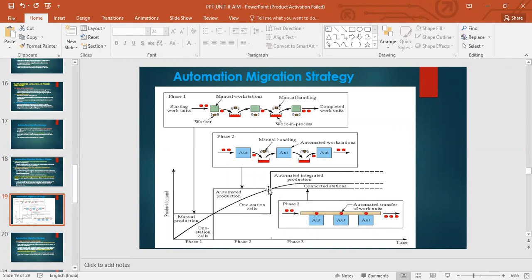You see in the graph, the demand is rising, but then the demand becomes constant over time. So there is a constant demand. That means the product has matured, you can say, saturated. The demand has not decreased or increased, but it is constant from the market. So it is then you decide that we will go for automated work handling, not just automated workstations, but also automated work handling.